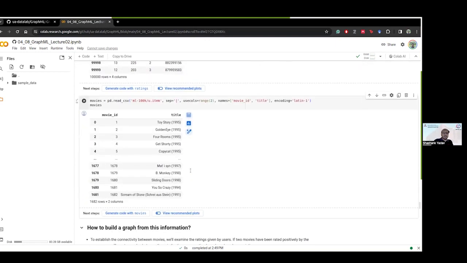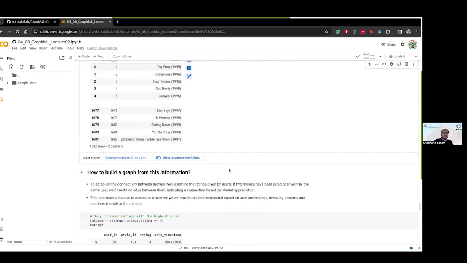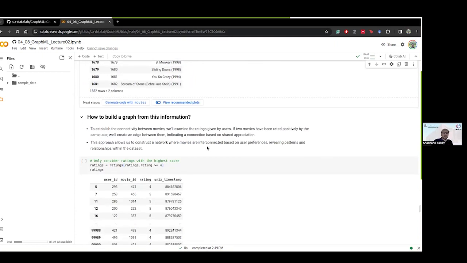And then there are movie titles, like 1682 movies, for each ID. And so the first question is, how do you build a graph out of this information? So